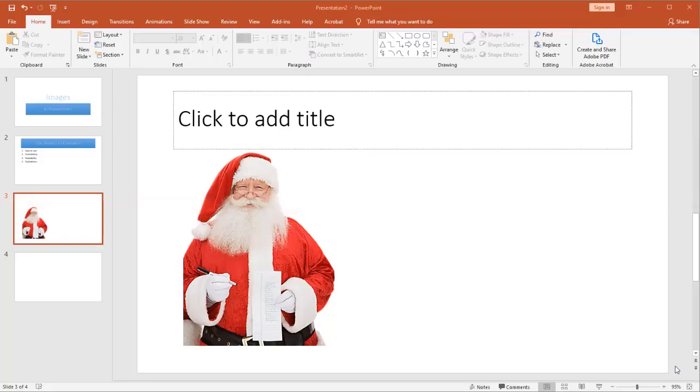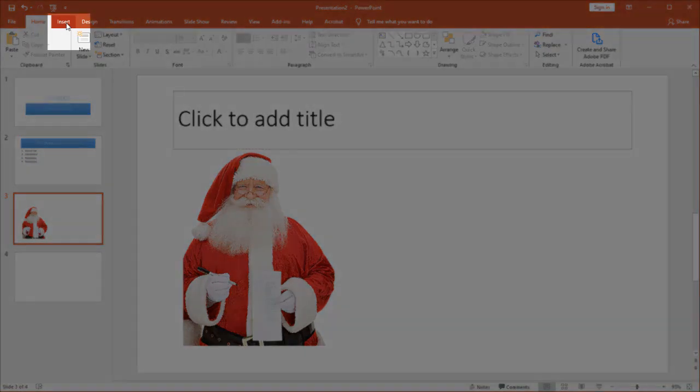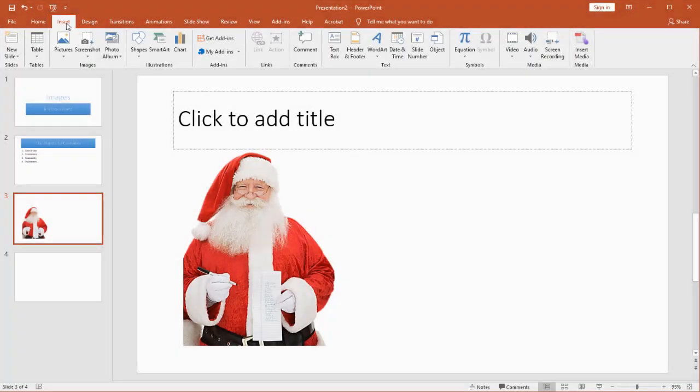Now, previously we've looked at how to insert and edit an image inside of PowerPoint. What we want to do now, though, is look at other things I can insert, things that will help provide a little bit of information to my slide, maybe make it stand out a little bit. So I have here Santa Claus. I'm going to insert a couple of things on this slide to help it stand out and help me get my message across. So I'm going to come to my Insert tab, and you'll see all the different types of